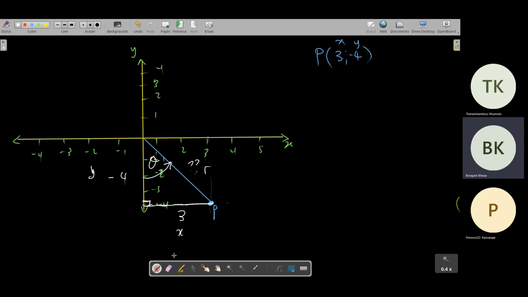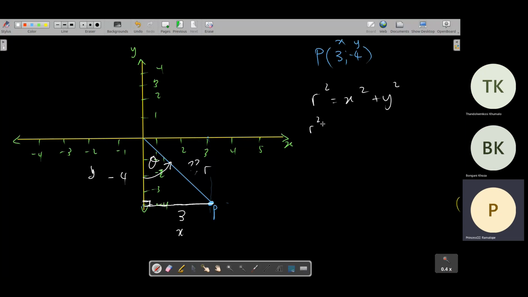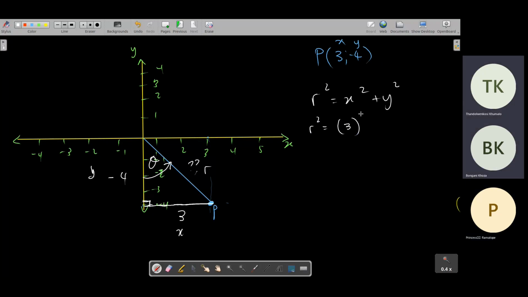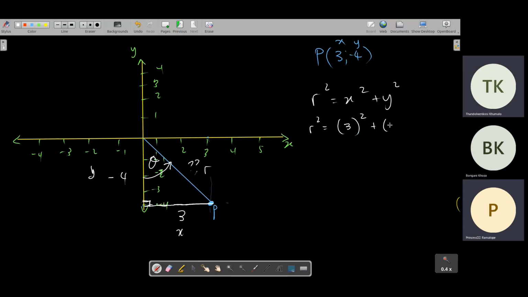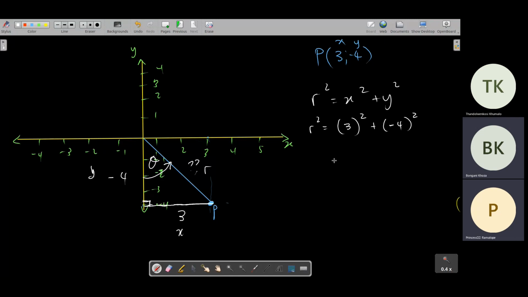So r squared equals x squared plus y squared, which equals 3 squared plus -4 squared, 4 squared, like that, yes. And then r squared is